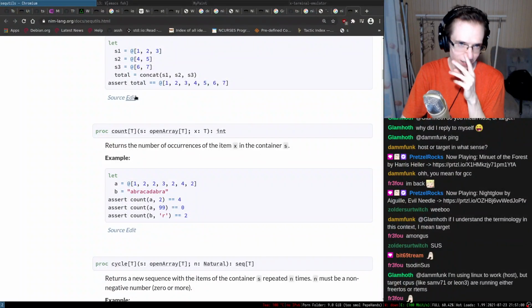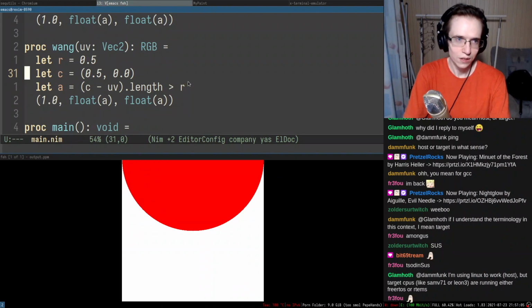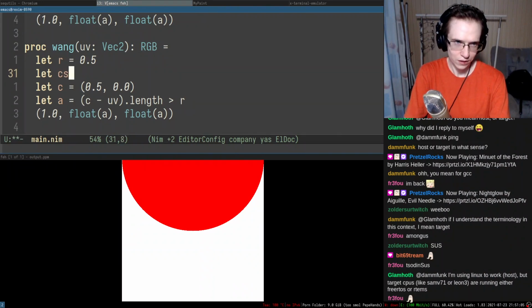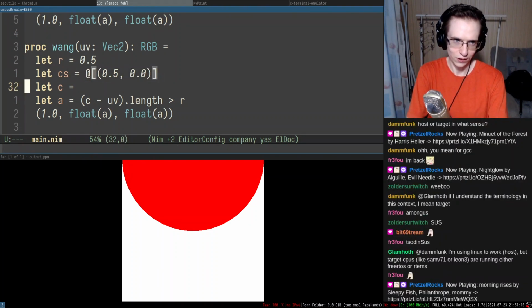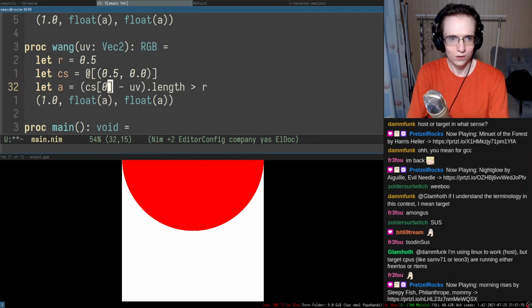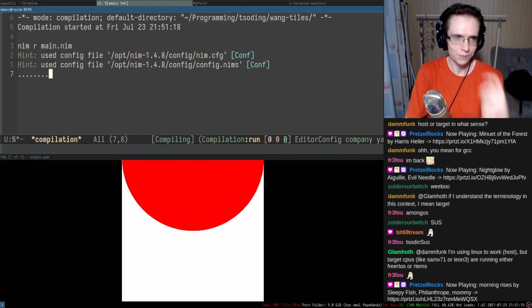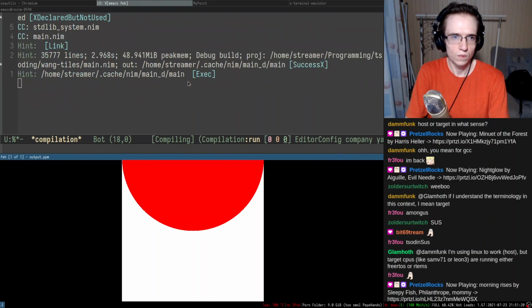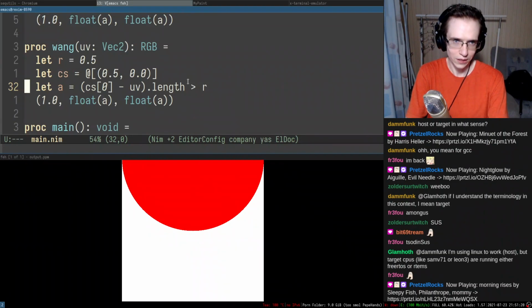So this is how I can define sequences. Right. So if I put CS in here, this one is going to be at. And here is the first sort of center, right? So here is the first center, and can I do something like this? Is it going to work? It seems to be working. Okay, cool. So the second point that I would like to have is going to be, so it's on X it's also half, but on Y it's going to be around here. So this is the second point.